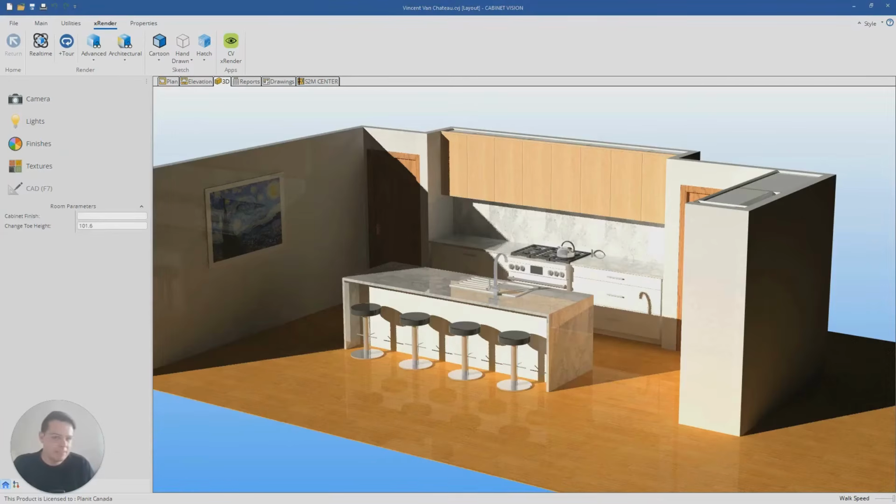Over the last few weeks and months, we've had some cracking questions come in on our videos. So we're going to endeavor over the next week or so to get through as many of them as we can. And in our video today, we're going to pose this question. How do I create waterfall ends like I see here in this real nifty 3D render? It's actually quite simple to do.